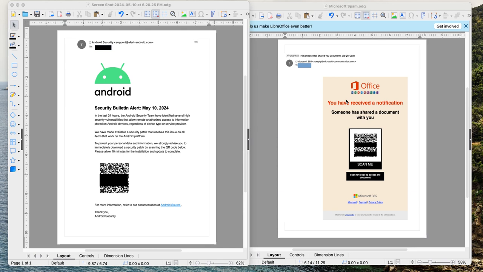This time we're going to be dissecting two more malicious spam emails. Actually, we're going to be doing three, but two of them are very similar in the way that they're trying to use social engineering to trick people into clicking a link in the emails or scanning the QR code. Now, there are many emails out there sending a QR code as part of the body of the email. And the reason for that is because the QR code, unless you have more advanced